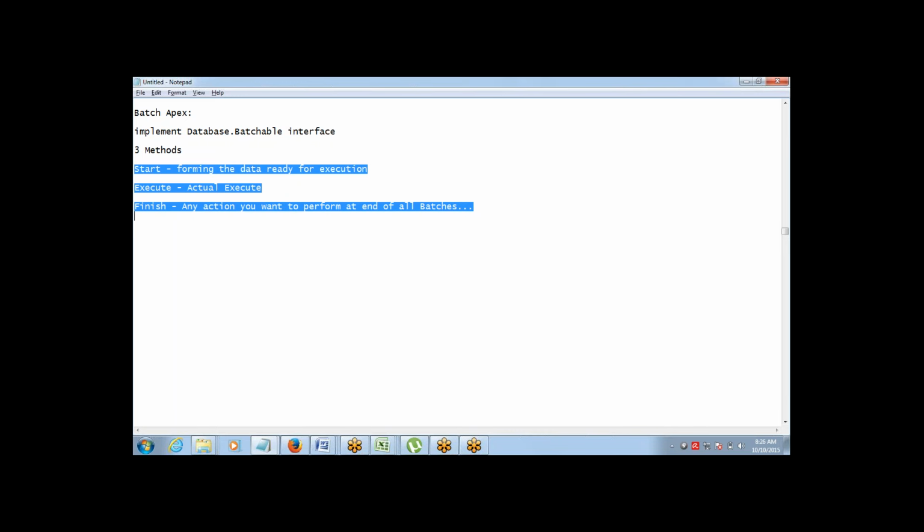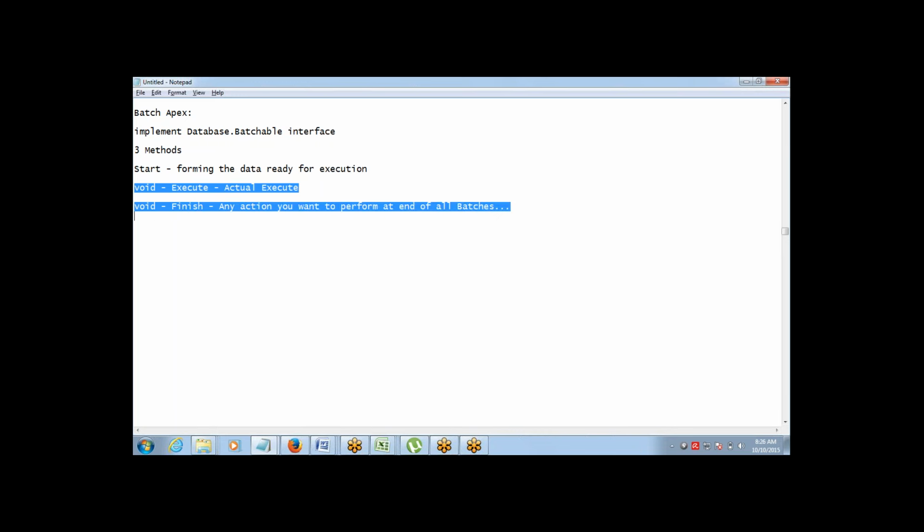Out of these three methods, execute and finish are void methods, because they should not have a return type. They will get executed and they will not return anything.